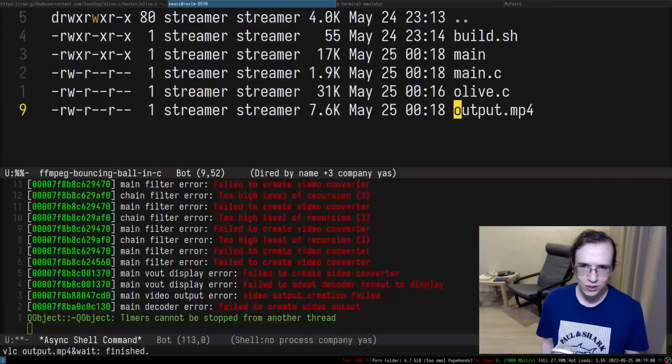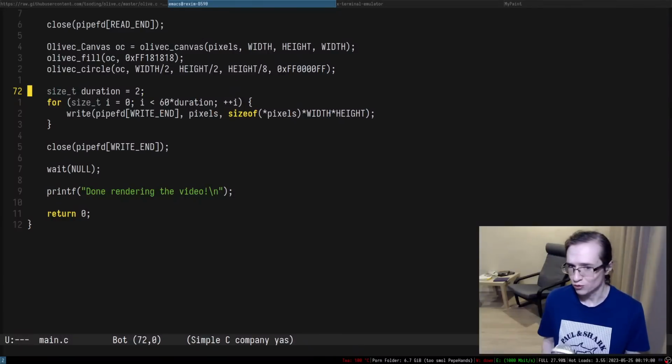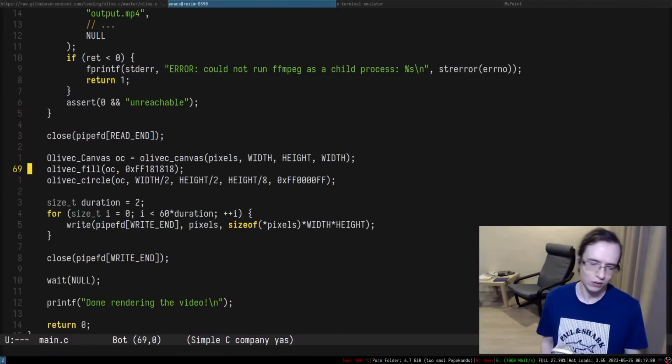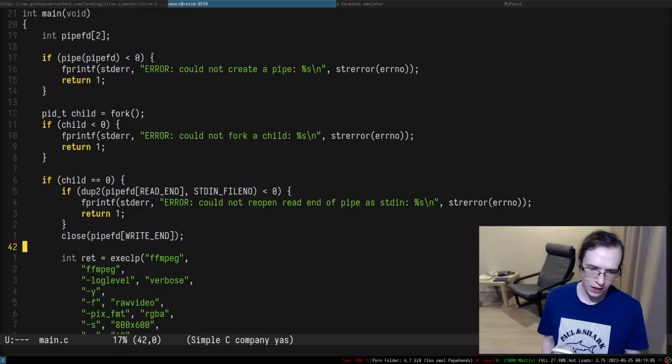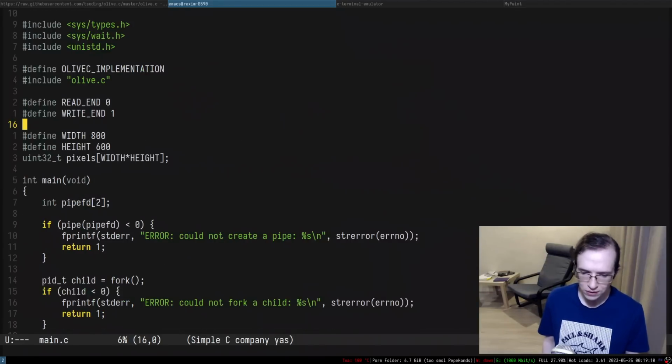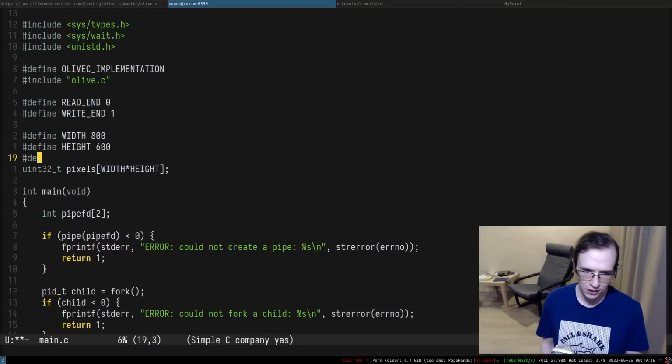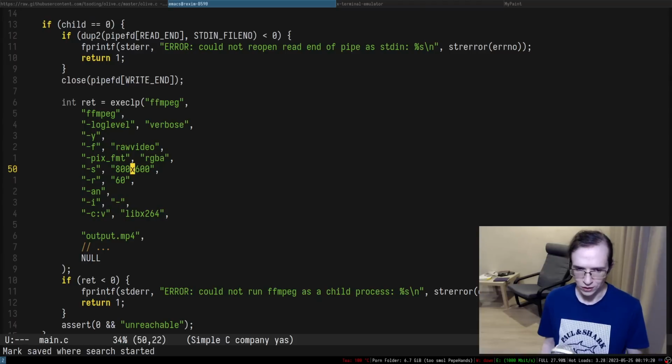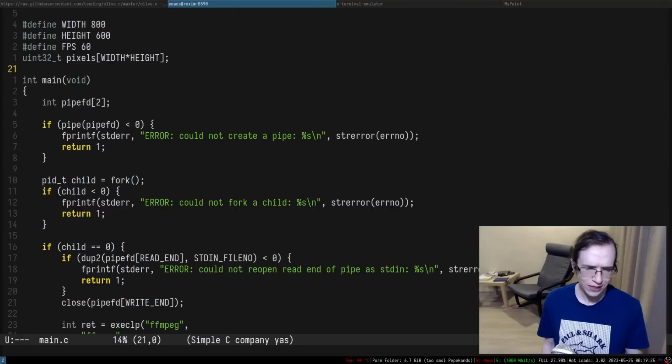Okay, so let's actually make this entire thing moving, I suppose. One of the things I want to do is have width, height and FPS as parameters. We already have width and height as parameters, we don't have FPS in here. But the problem is that they're not synchronized, so I want to be able to put this stuff in here. As far as I know, we can create a